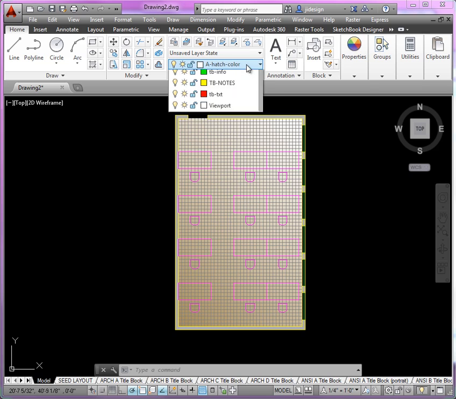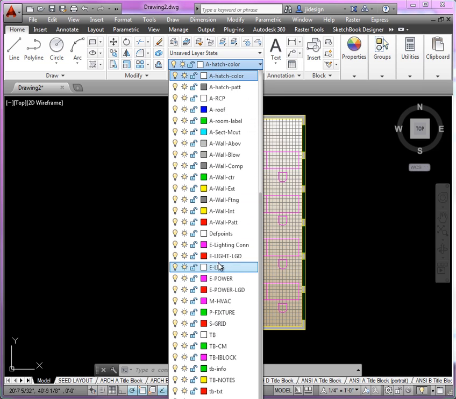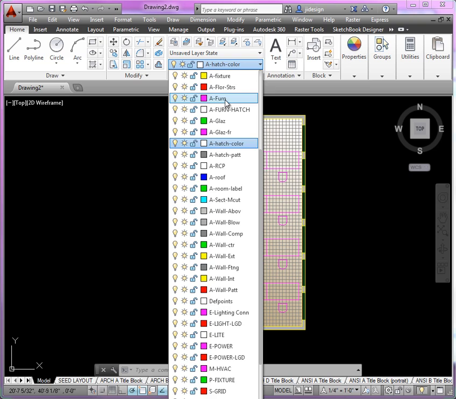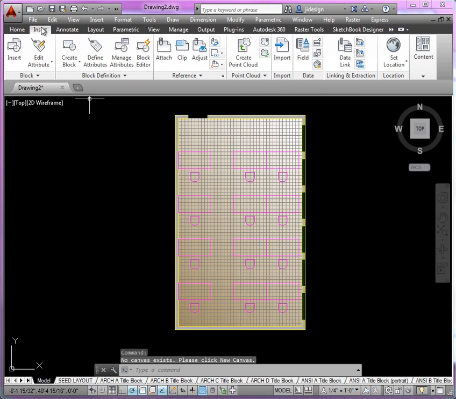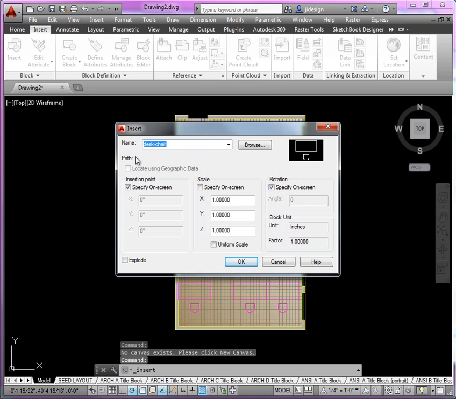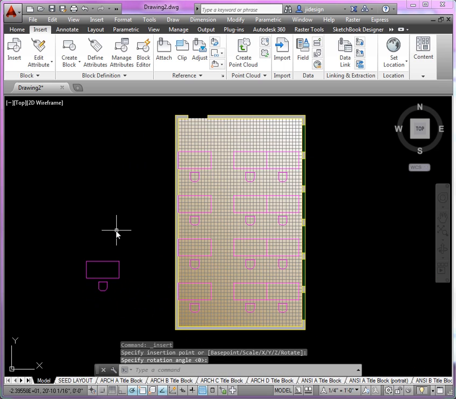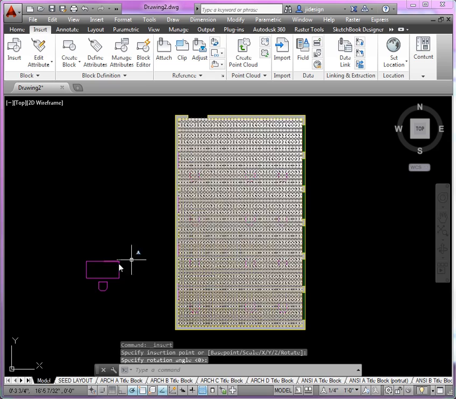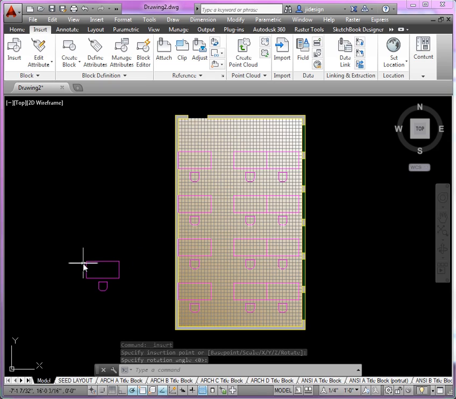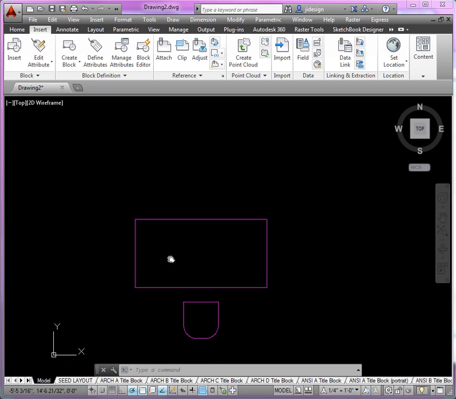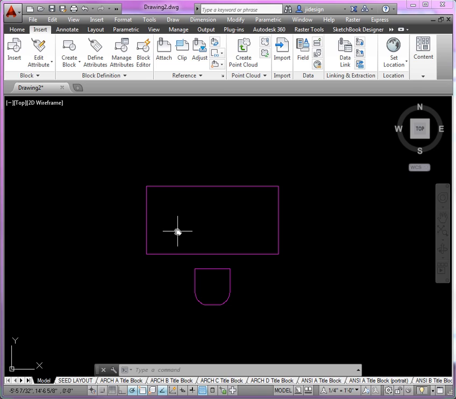What I'm going to do is on the furniture layer, to the side, I'll insert another copy of the desk chair right there. Okay? Now all of these are just instances of that same block. What I'll do here is I'm going to revise the block, and you'll see how the other ones will be revised as well. So to revise a block, what I'm going to do is select it here, right click, and